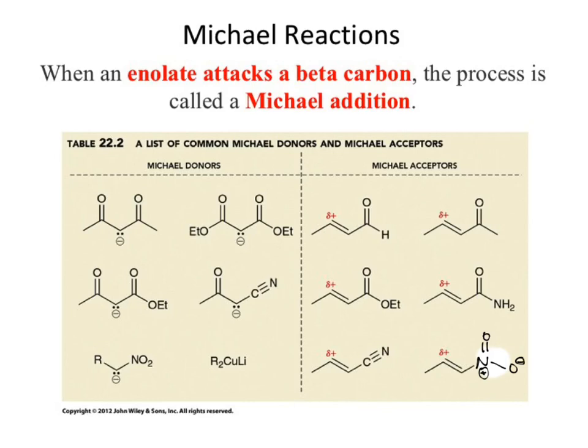We still get that 1,4, that alpha beta unsaturation of the pi bond. Kind of, sort of? Okay? Those are all acceptors. They're all acceptors because what are they doing? Accepting electrons. So really this is just a fancy way of saying electrophiles. To be Michael, they have to have that alpha beta unsaturation. Otherwise, they aren't Michael acceptors.